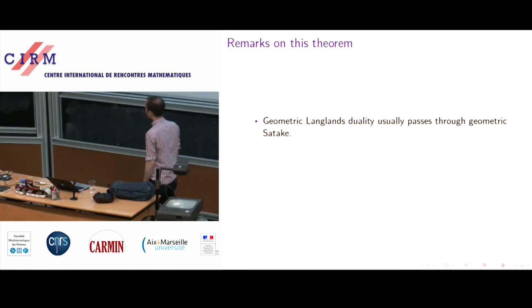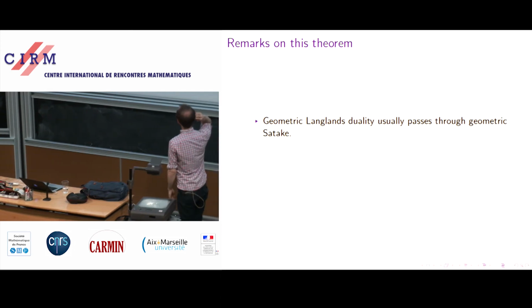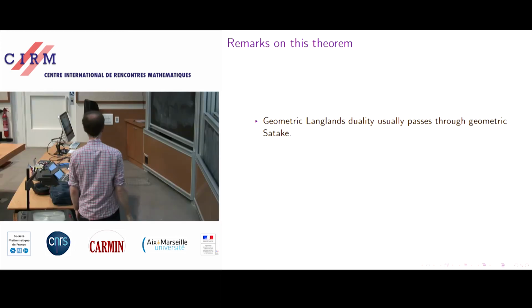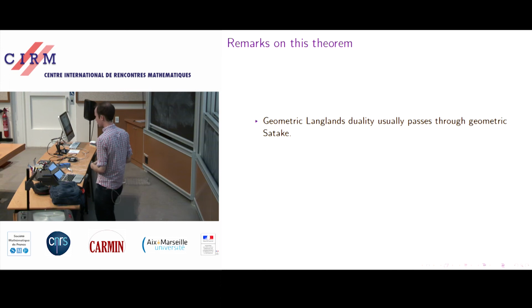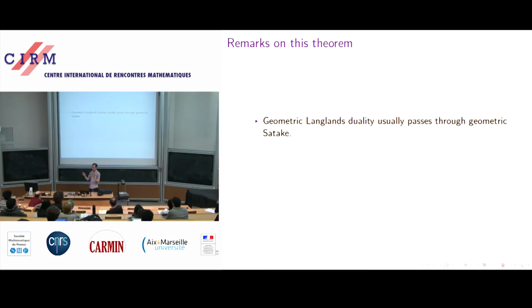OK, so a couple comments about this theorem. First of all, geometric Langlands usually passes through the geometric Satake theorem first. That's how you connect, in any way, the group and the dual group. So there is this geometric Satake theorem. It says something, and well, this result is actually different. So to speak, the fibers aren't like, well, it compares to this result on intersection cohomology of Drinfeld compactifications